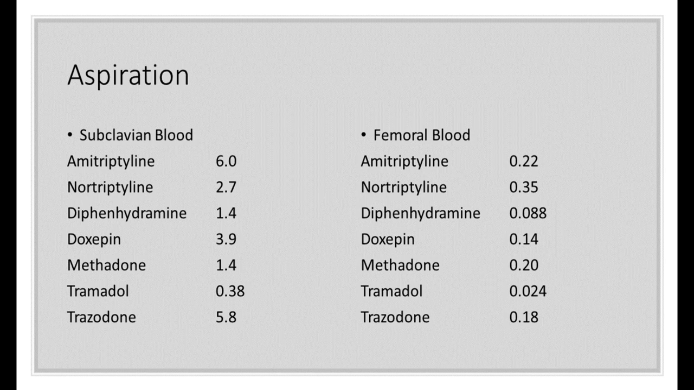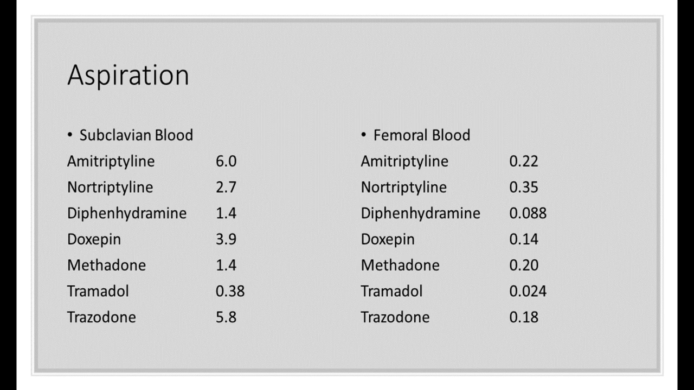And then you see the femoral blood concentrations. You can also see how dramatically different these concentrations are between these two specimens. One of the problems here with aspiration is that the lungs are near the subclavian vessel, and if you take specimens from there, then you can get a lot of diffusion of the drug from the lungs. And if subclavian blood was the only specimen you took, you could be misled